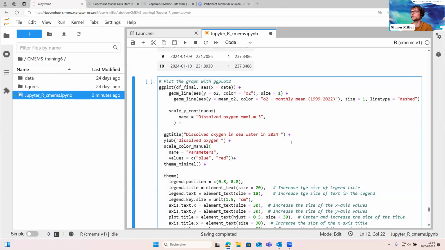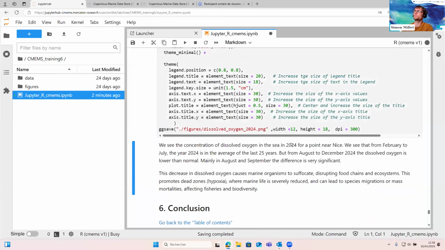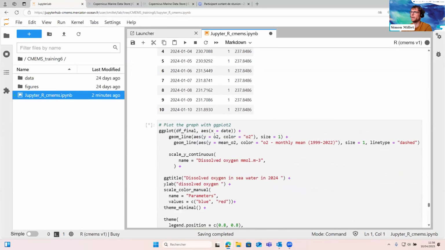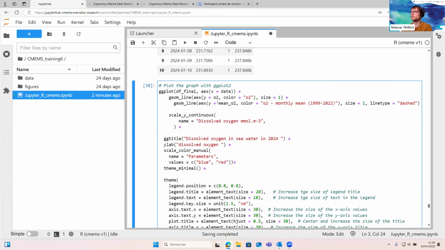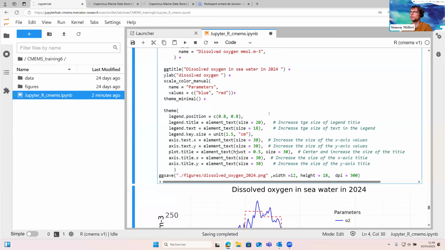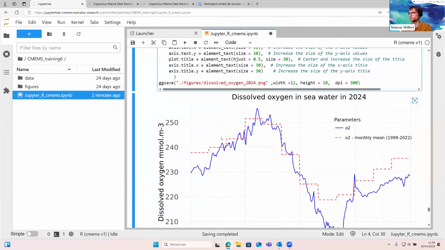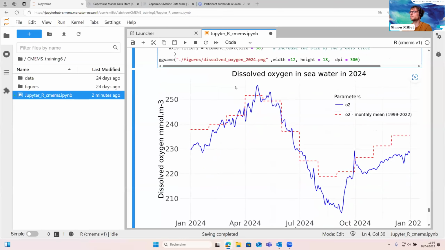And then we plot the time series. So here we use a geom line. We will put the dissolved oxygen, here the mean of dissolved oxygen. So there is 2 lines. And here it is for aesthetic option. So we can see here